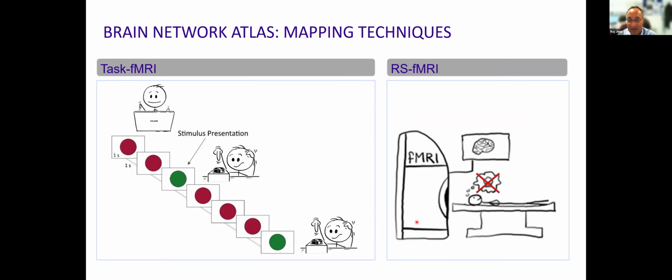So you can image these network positions using functional MRI. You can either do task-based MRI, where you get people to do things in the MRI scanner, like sing a song or listen to some music or something like that, and work out which parts of the brain light up. It's kind of like modern day phrenology, if you like.